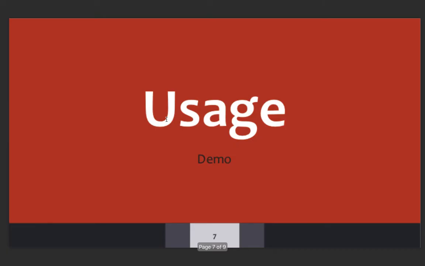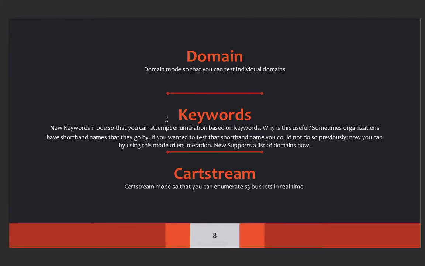Now how to use this. We have the following process of enumerating S3 buckets. We have a domain to search through, keywords to search through, and a search string to search through, and the following is a description of these, the process by which we search through the S3 bucket.